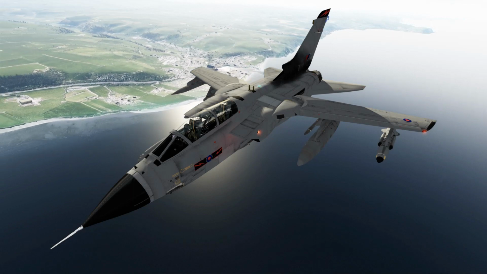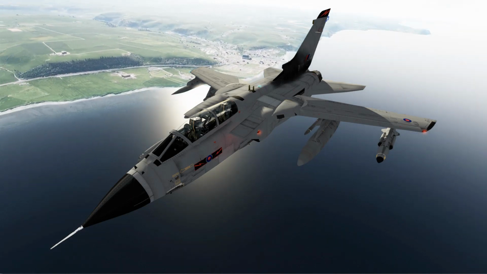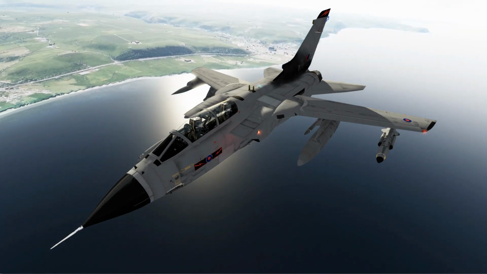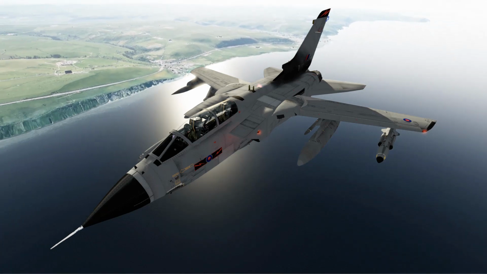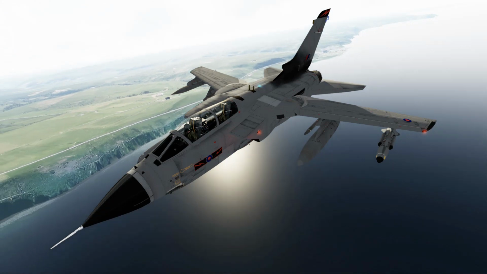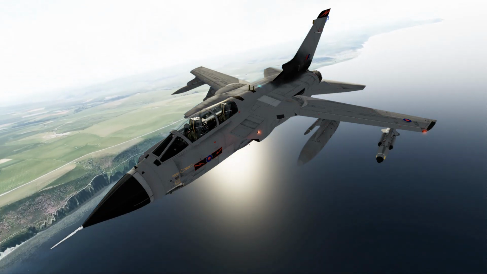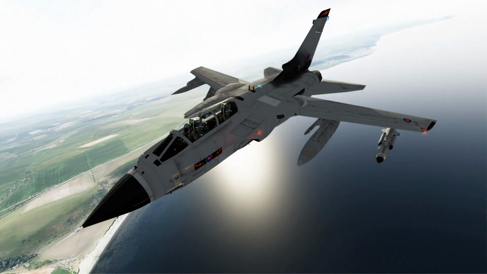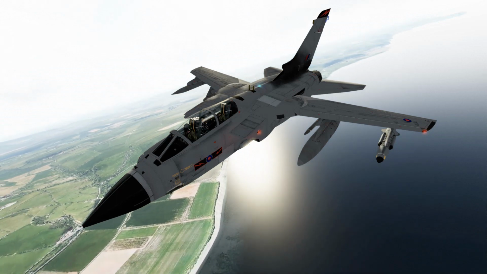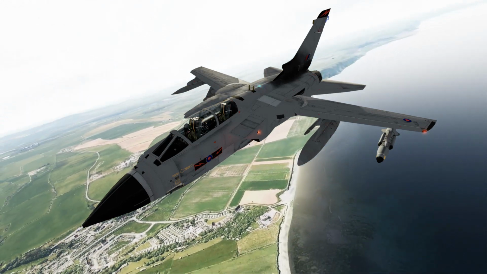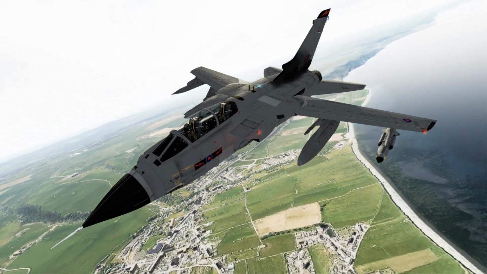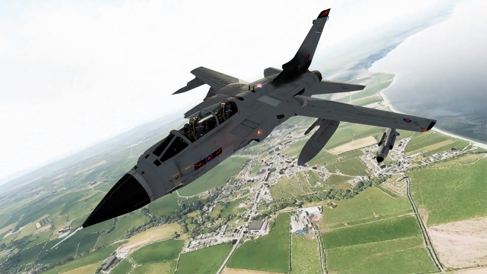So the aircraft we'll be taking around the Mach Loop today is the Panavia Tornado. More specifically, it will be the Tornado GR1, and the version we're using in P3D today is made by Skunk Works. The Panavia Tornado is a twin-engine, variable sweep, multi-role combat aircraft. It was jointly developed and manufactured by Italy, the United Kingdom and Germany, and it first flew on the 14th